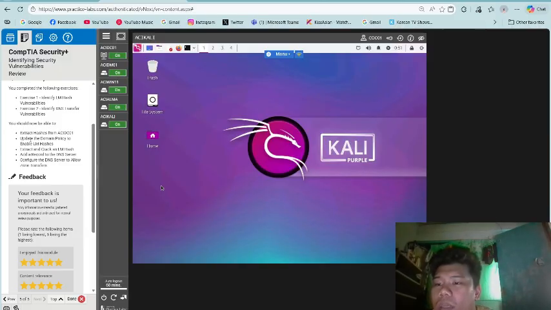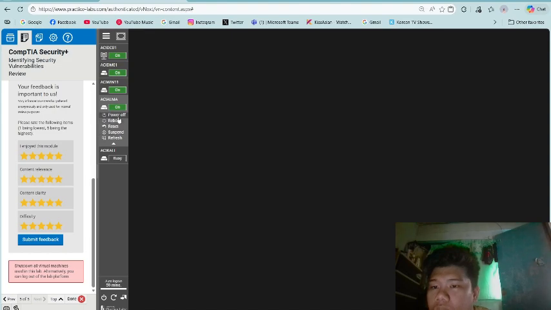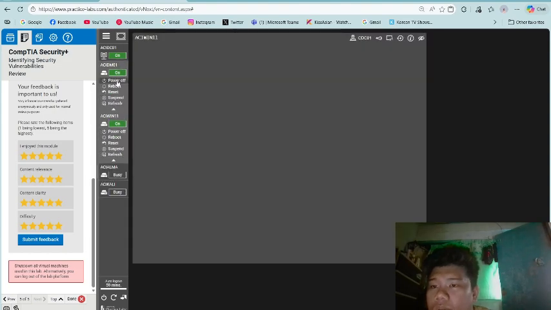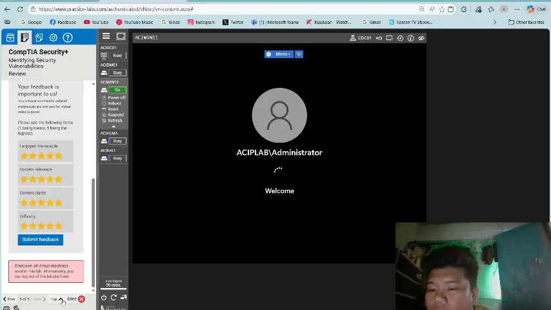You should now be able to extract hashes from ACI DC01, update the domain policy to enable LM hashes, extract and crack an LM hash, add a record to the DNS server, and lastly, configure the DNS server to allow zone transfer. Shut down all virtual machines. Power off, off, off. Then, done.